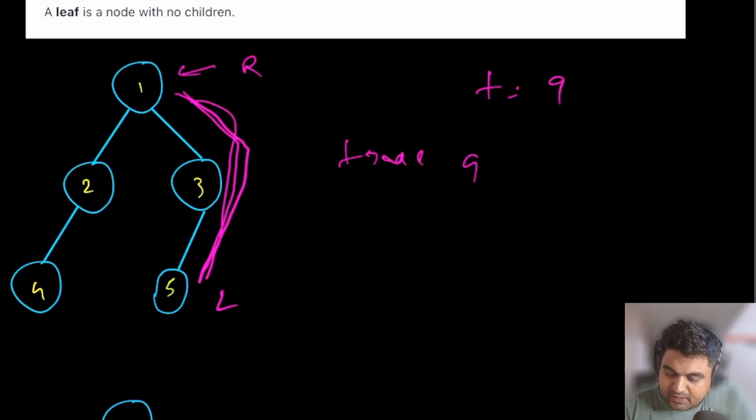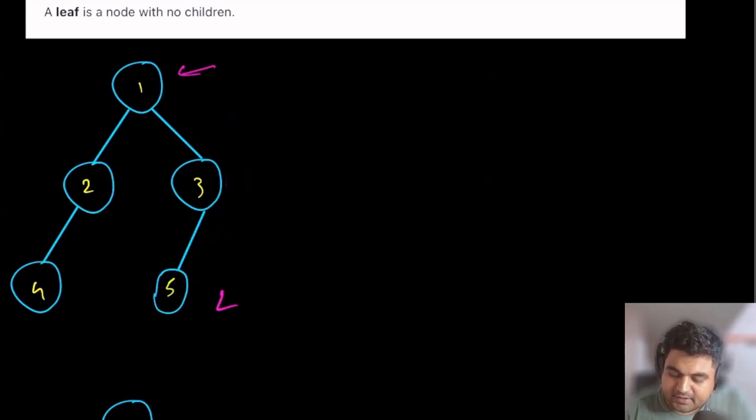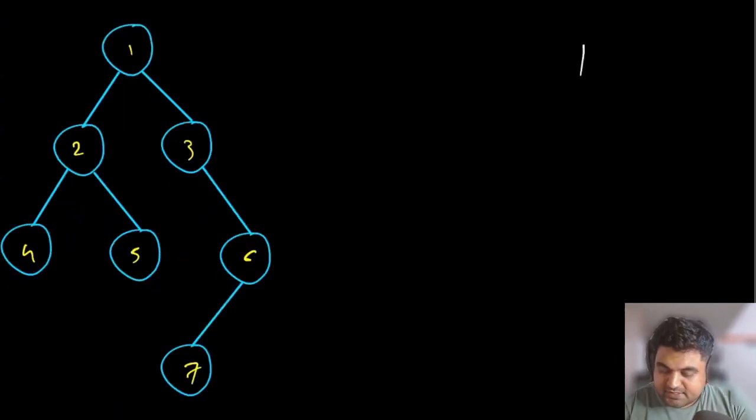But suppose in this case we were given the target to be, let's just say, any arbitrary value like 11. In this case, since there is no path that sums up to the value 11, we would return false. So this is the whole ask of the problem, and the solution is quite simple. We would be able to solve this problem using the depth first search method. Now suppose this is the input we are given and we need to check whether a target sum equal to 8 is possible or not. So the solution is going to be quite simple.